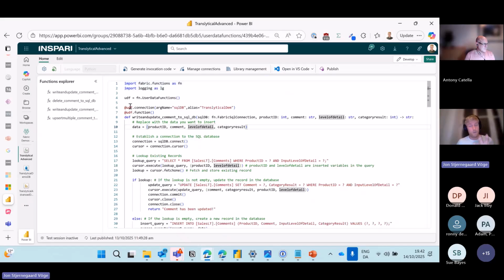So I have here the function that you saw me trigger before, this one called write an update comment to SQL DB. First, I'm creating a new user data function connection to my backend DB. You can see this is where that alias comes into play. Then I'm defining a new function, and as arguments, you have to pass the number of parameters that you are using for this user data function. The first parameter is required. You need to put in the connection that we just created up here. And then in my case, I'm mapping here a product ID, a comment, a level of detail, and a category